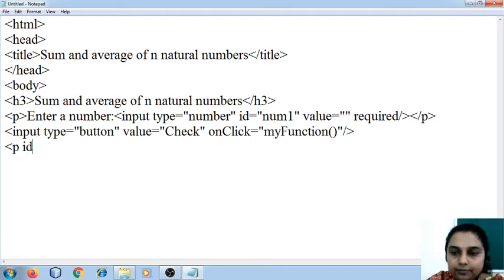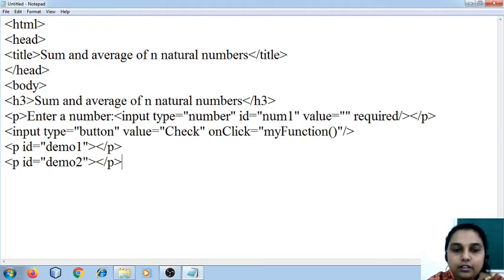Paragraph id equal to demo1, close the paragraph element. Paragraph id equal to demo2, close the paragraph. I'm going to start with the script tag.